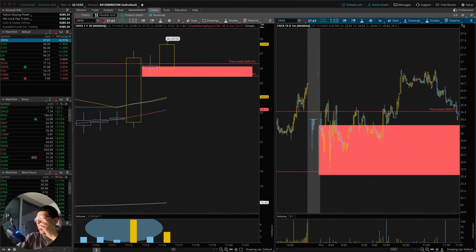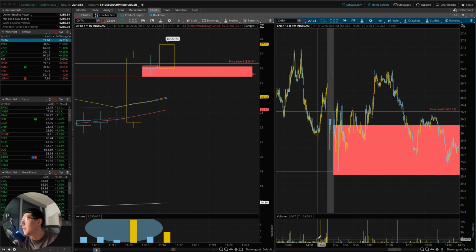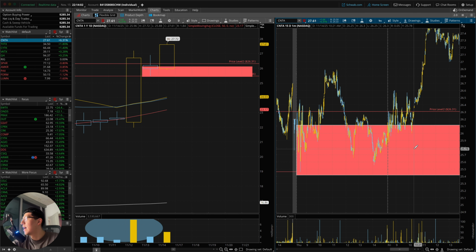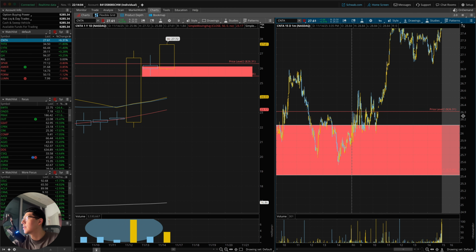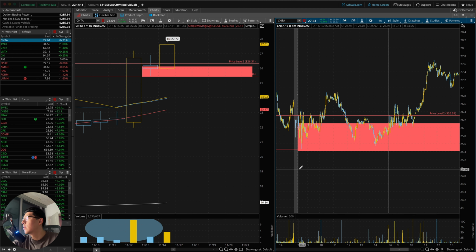Okay, so now on the 1 minute time frame, as you can see, we never came back down to the stop loss. Boom. We're just gonna look at the next day, which was Thursday, and look at Friday. Friday we just blew up, as you can see. And we're still going, so we're not even taking profits. This is the daily, and this right here is going to be the 1 minute.